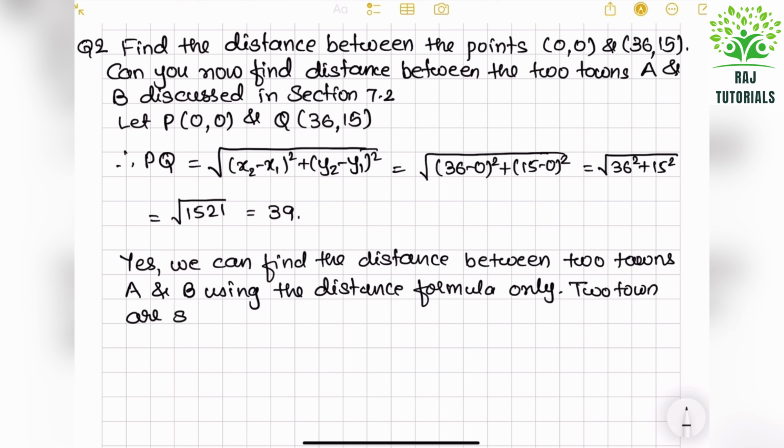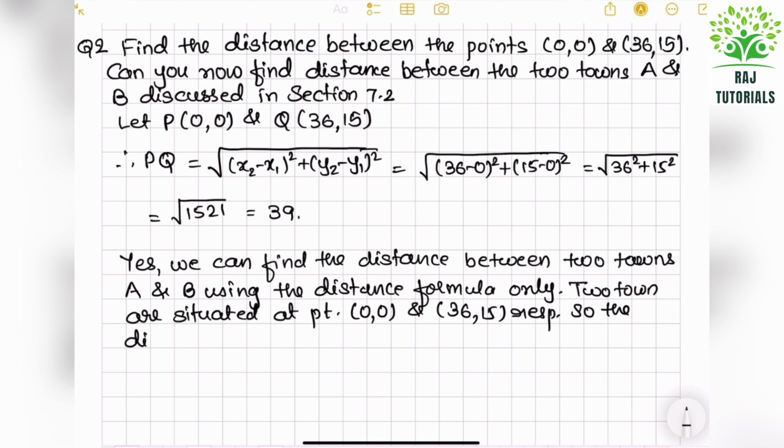Two towns are situated at point 0, 0 and 36, 15 respectively. So the distance between the towns